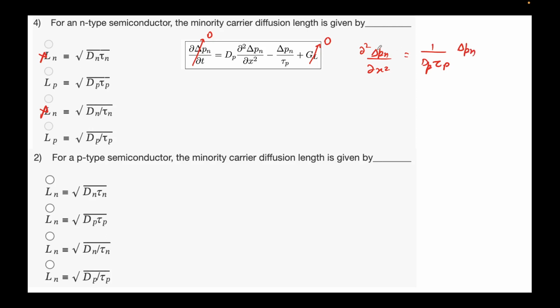I'm assuming this to be y. Then just assume this to be y. So this will become something like this: del square y by del x square over some constant, which is, I'm still repeating it, Dp tau p times y. So this is a differential equation whose general solution, I don't have time to do it now, is of the nature of a e to the power